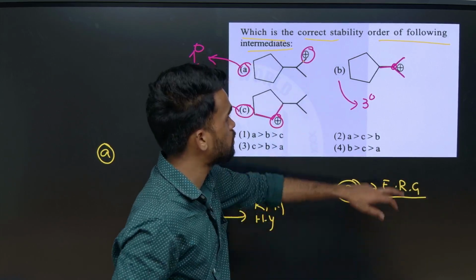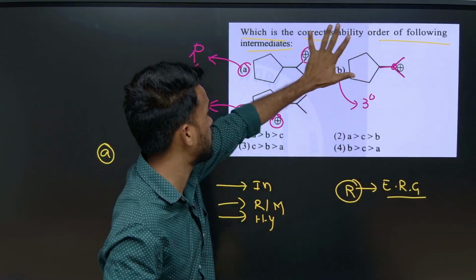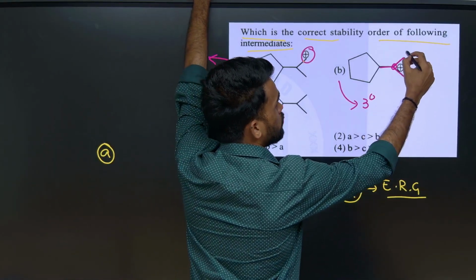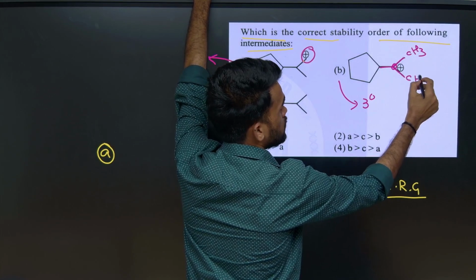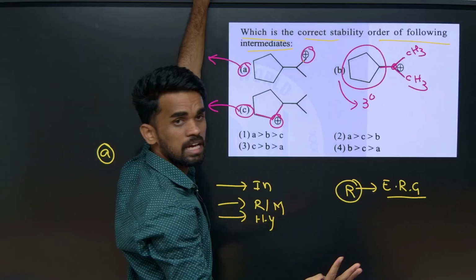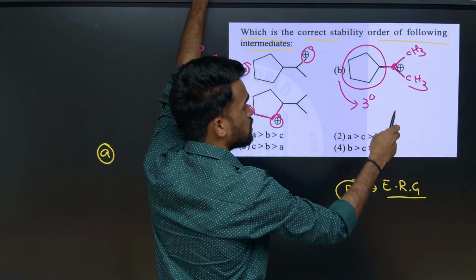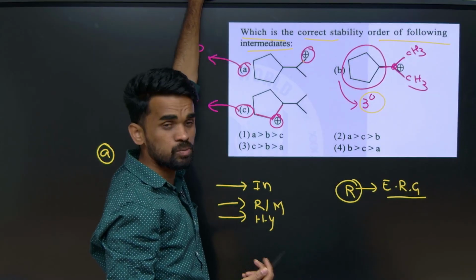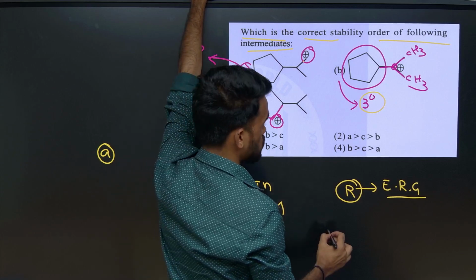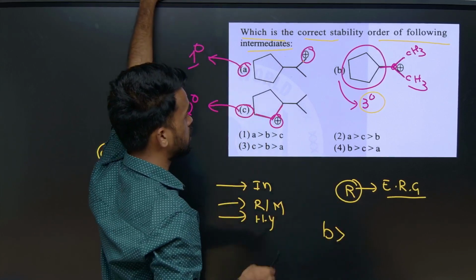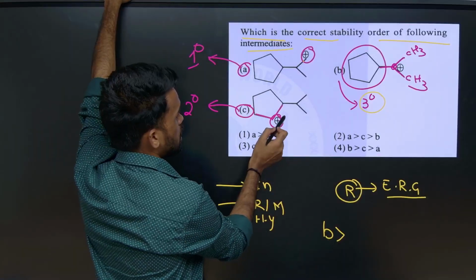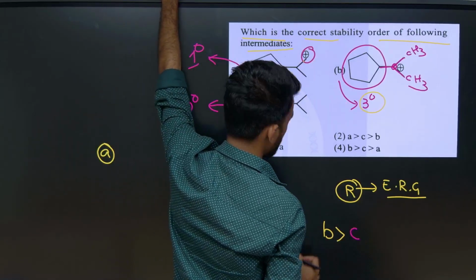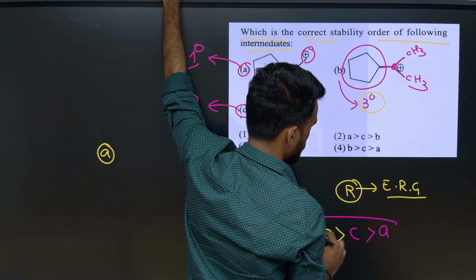Now, the more electron releasing groups around the carbocation, the more stabilized it is. See, this carbocation is surrounded by one alkyl group over here, a second one over here, and a third one. So three alkyl groups are there around this carbocation. So this will be more stable, because the more alkyl groups or electron releasing groups, the more the stability. So which is more stable? B. Then from A and C, this is covered with two alkyl groups, but this is only one. So I can go with C, and I can keep A.